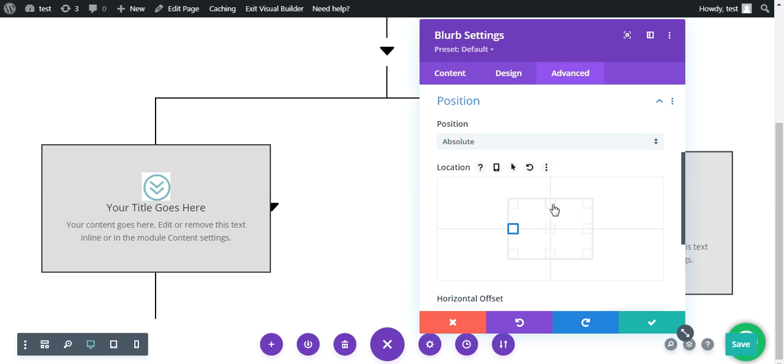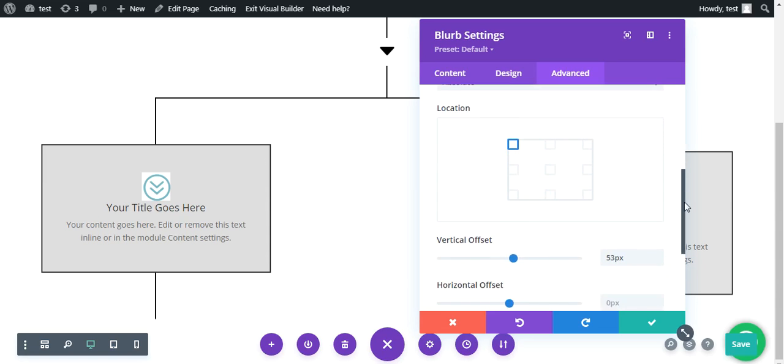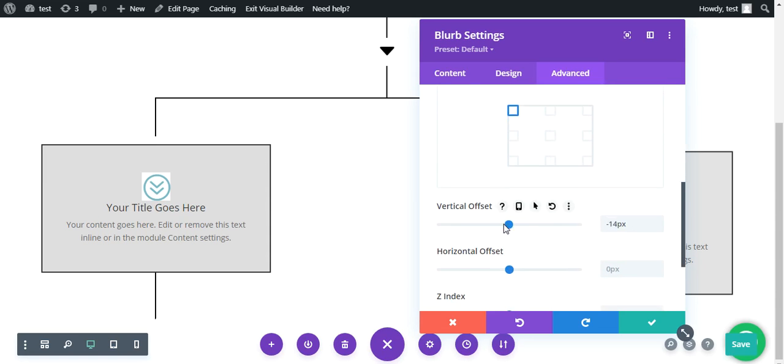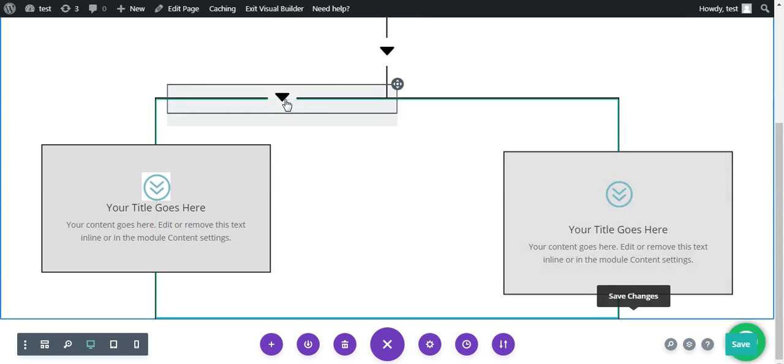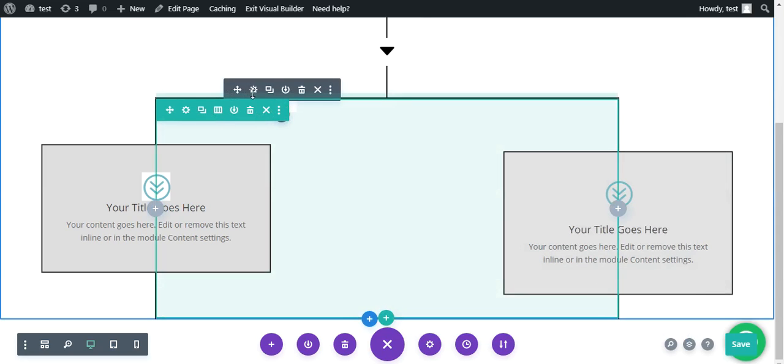Now we'll use, okay, it's over here. I think we use the offset, the horizontal offset again. Okay, this seems all right. You can play with the slider, the space. Click on OK.